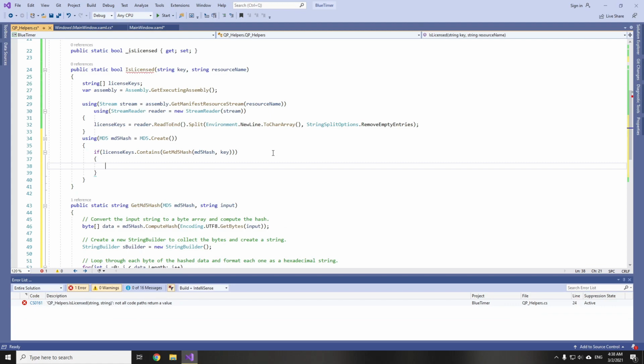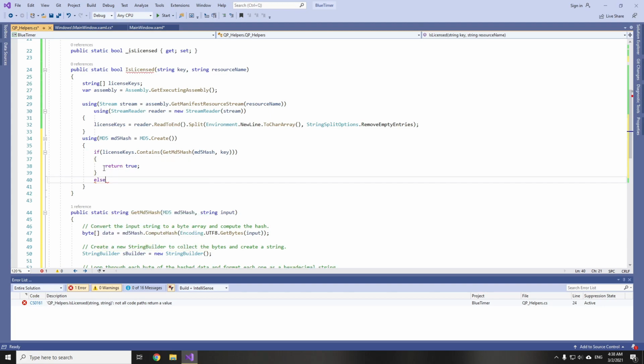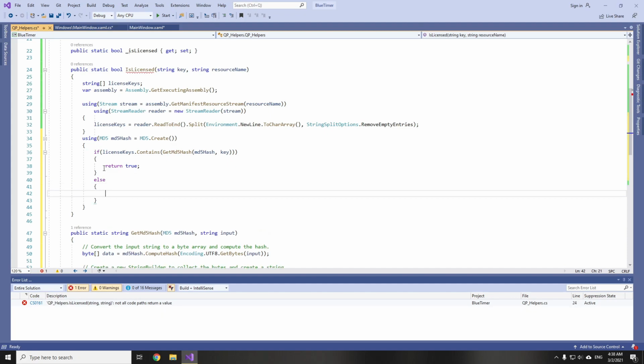If it is, we then return true. So our program is licensed if our license key is in the array of licensed keys, because we could also pass an invalid key. So if we did that, we return false. As easy as that.